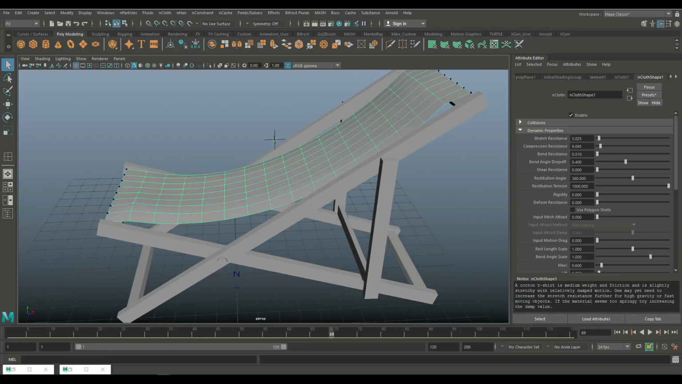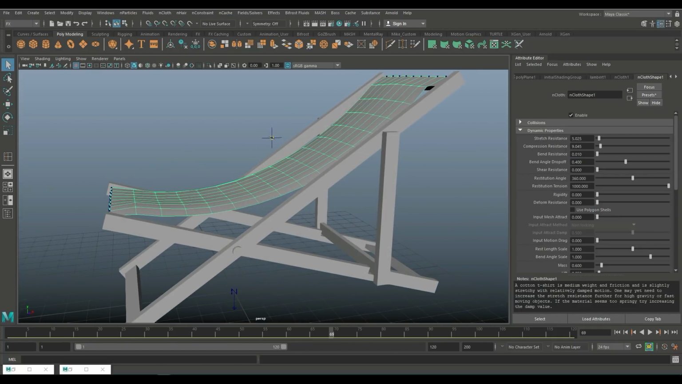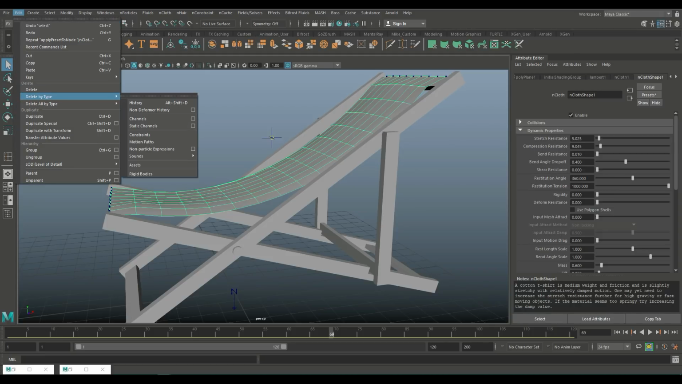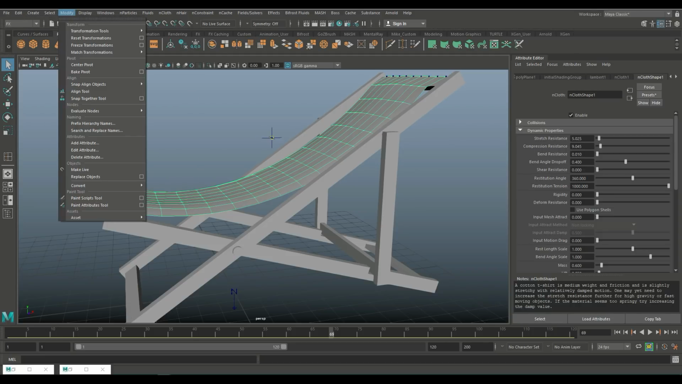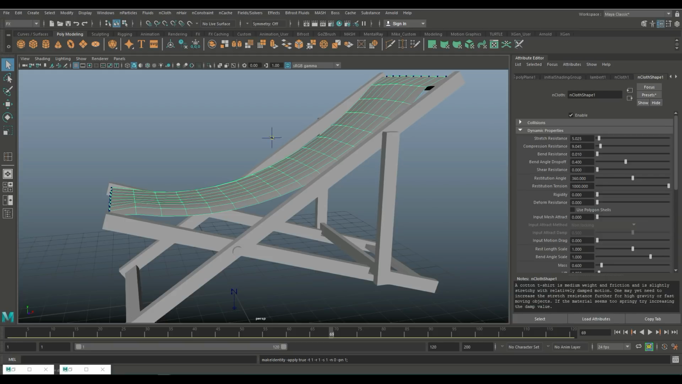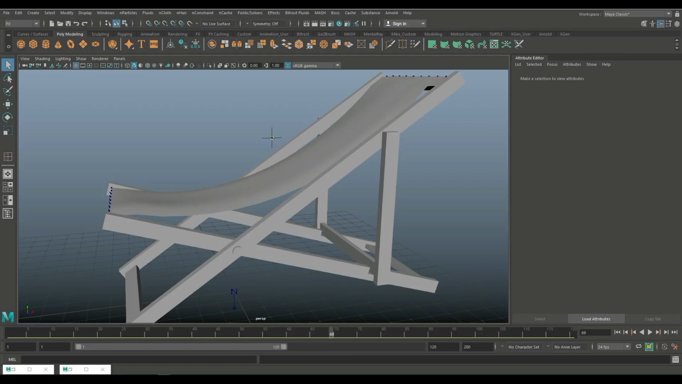Okay, so let's say this is our finished cloth, or almost finished anyway. Next, we're going to make sure we've got this selected. We're going to go to Edit, Delete by Type History, and Modify Freeze Transformation. Right, so now what we can do is go into our outliner